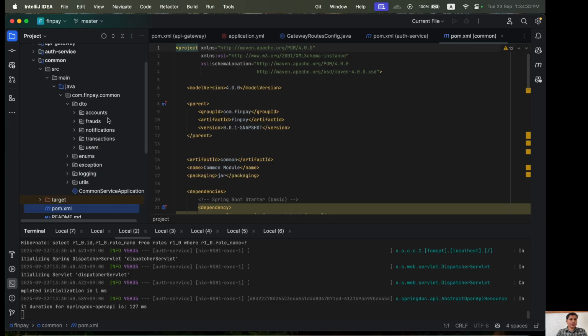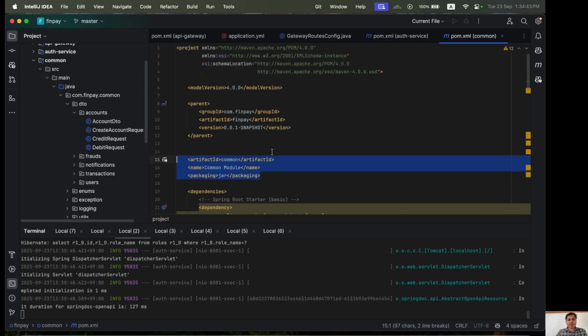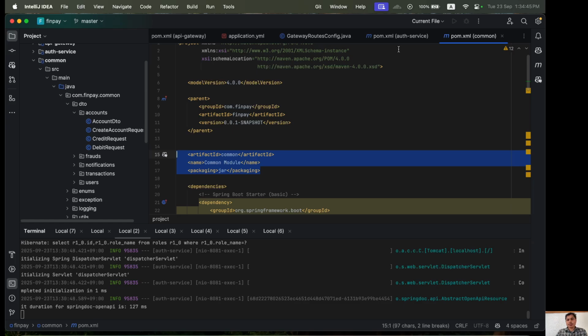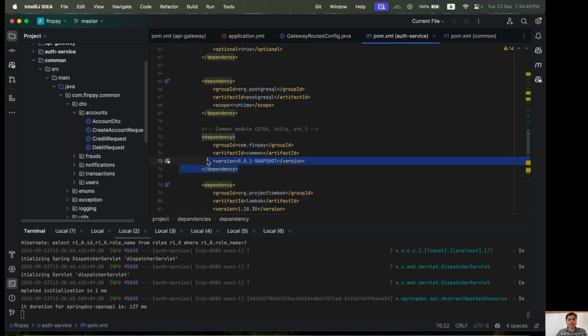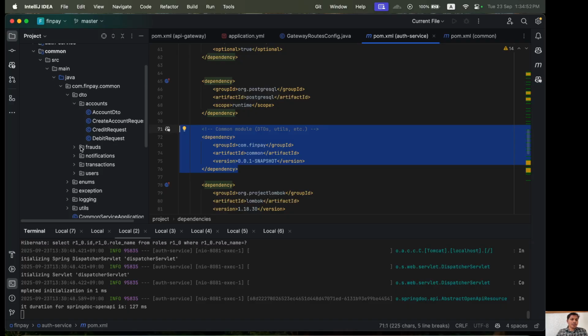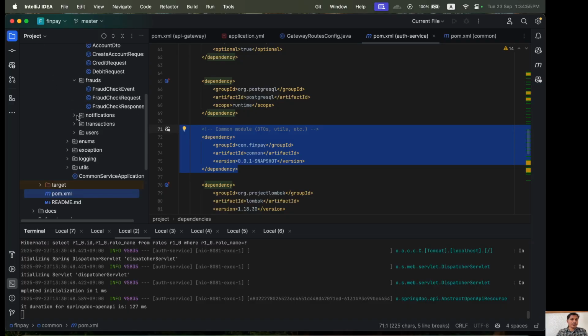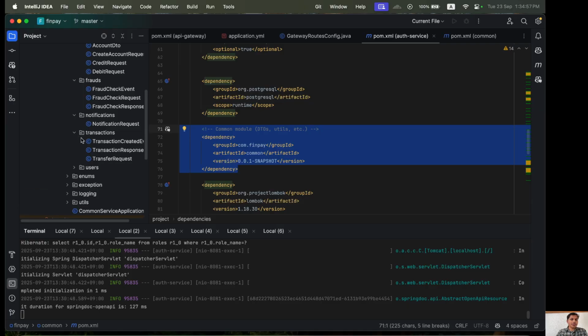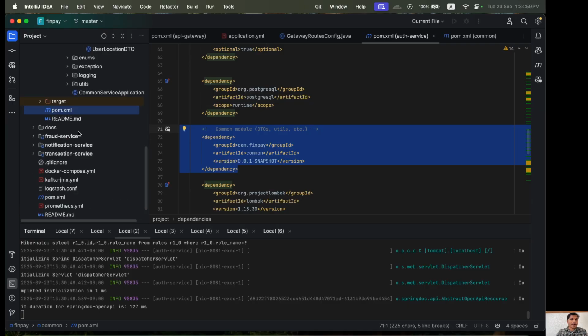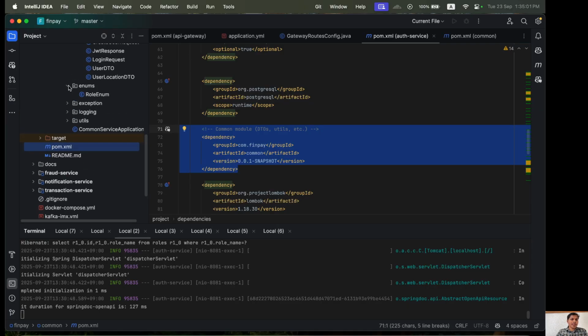So here are some DTOs. We have the accounts DTO. I have included all the DTOs here, so we can reuse them in other services wherever we want. We just need to include this dependency in any other service, and we can use all of this. So you can see the DTOs of all the other services are here, and we are using some enums, and also we have some logging